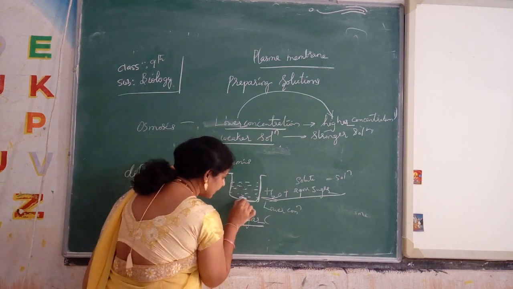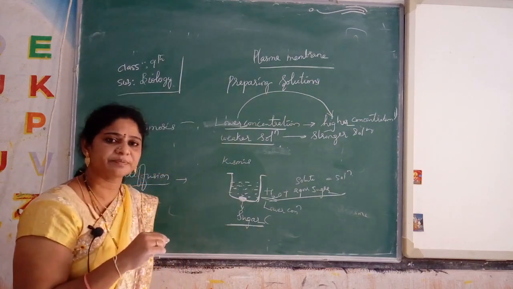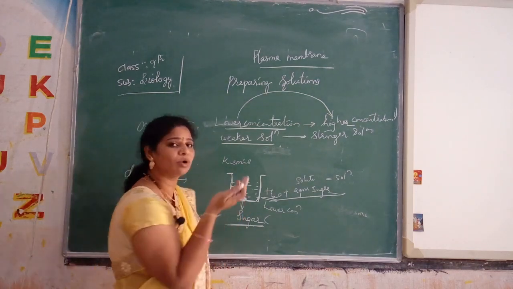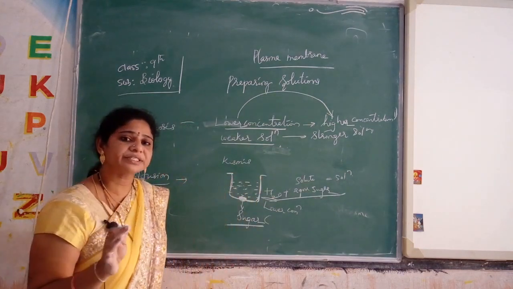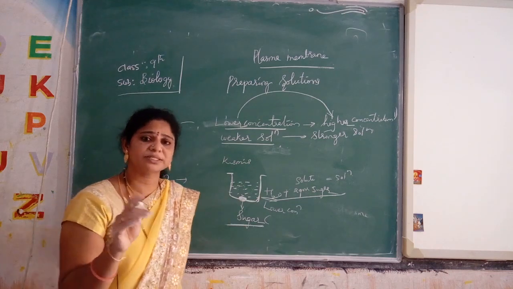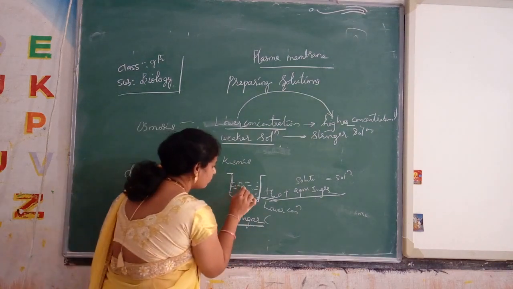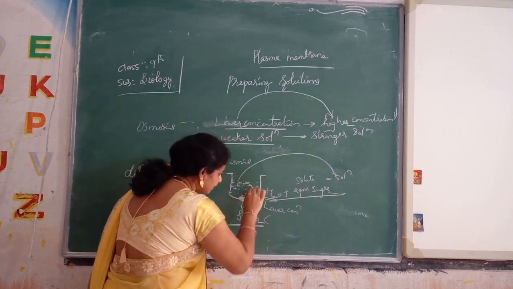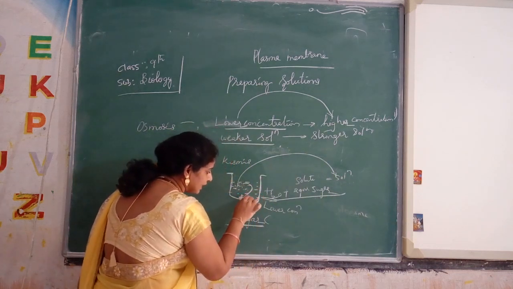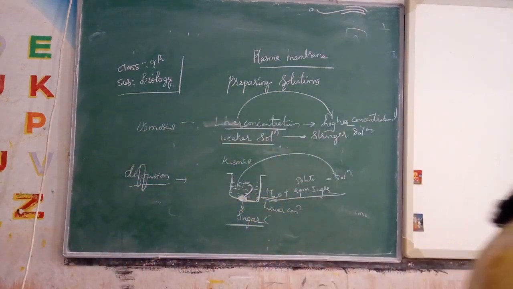Now the sugar in the kismis is in more concentration compared to the sugar which is in the water. So what is the osmosis process? During osmosis, from the lower concentration it has to move to the higher concentration. So the sugar solution present in lower concentration will enter into the membrane. Each and every cell of a grape is covered with a membrane. Kismis is nothing but a dry grape.